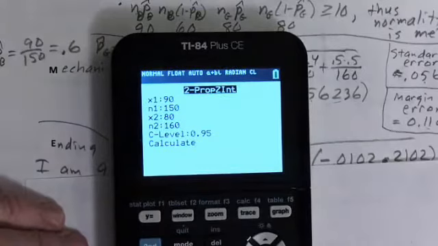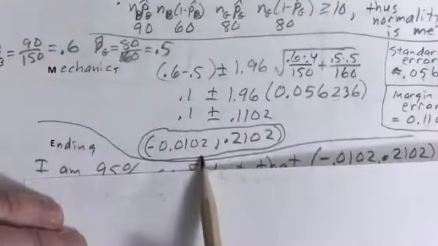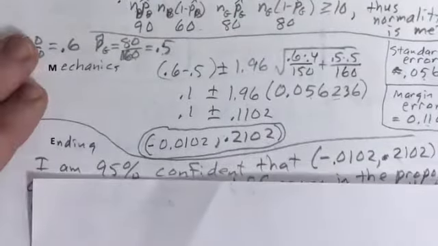My confidence level is 95%, so I go 0.95. I hit enter on that, and there's the interval right there. And so that's all you have to write down for your mechanics, and you'll get full credit. And then lastly,